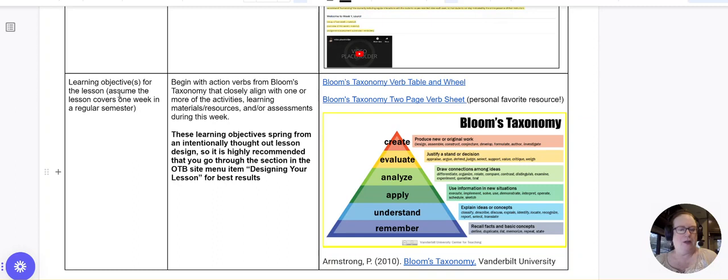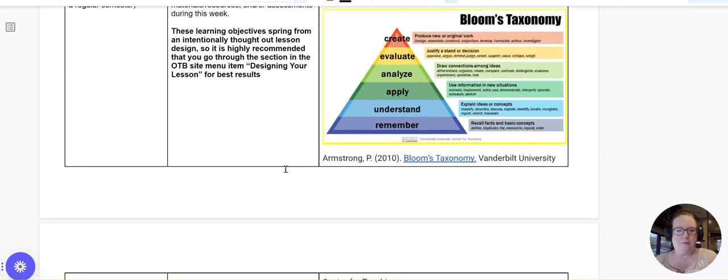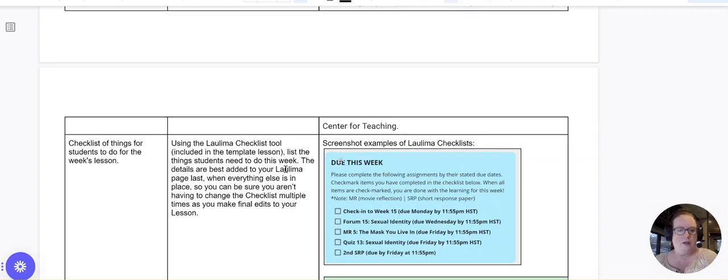The next thing that you need in your lesson is some learning objectives for the week. And again, assume the lesson covers 1 week, a typical week. There are some tips about writing learning objectives if you're not comfortable or have experience doing that: Bloom's taxonomy, verb tables, things like that. If you've never experienced that, it's going to sound a little daunting, but don't worry about it. There's a lot of examples that you can get access to in the course to see a bunch more